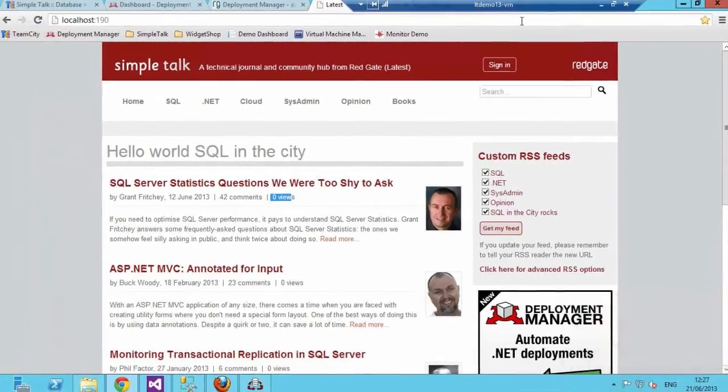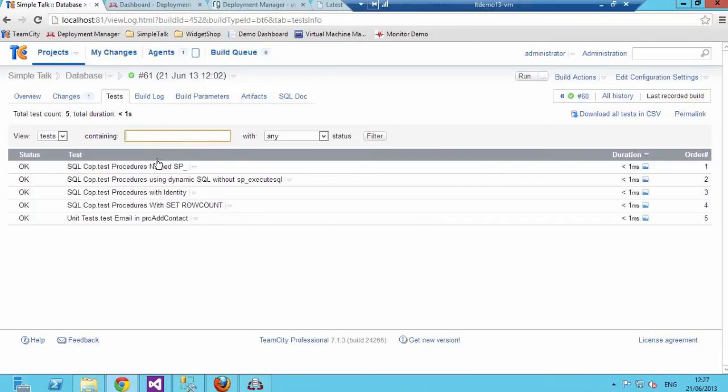So, we've obviously seen using Deployment Manager, we've seen how to automate the release process, but we've not gone all the way. We can go further. The piece that we haven't shown, and I've mentioned a couple of times we've been using it, is continuous integration. Now, I know David Atkinson did his talk just a little while ago on continuous integration for databases. I will show you how Deployment Manager can be used via the command line and triggered via the command line to automate as part of the CI process as well. So, let's have a look.